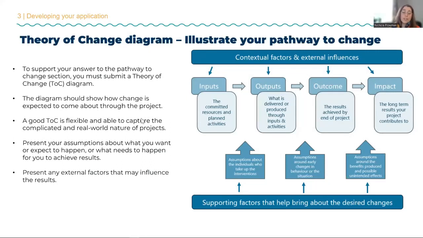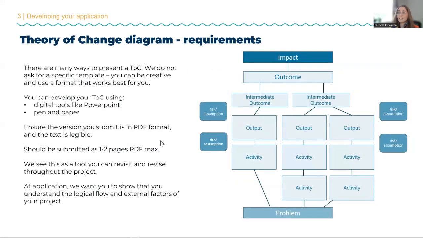But the beauty of using the theory of change diagram is that you don't need to present it in a linear way, because it might not be that way in reality. As a simple example, if you think that it is a linear process, you could present it this way. But if you think it is a more complex process, here's an example, still fairly linear, of how